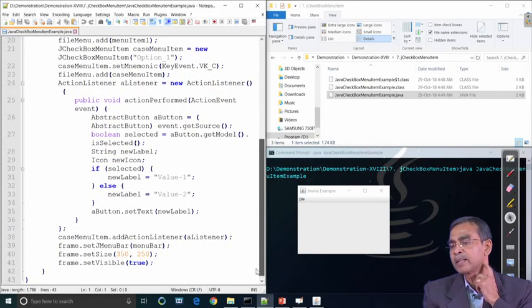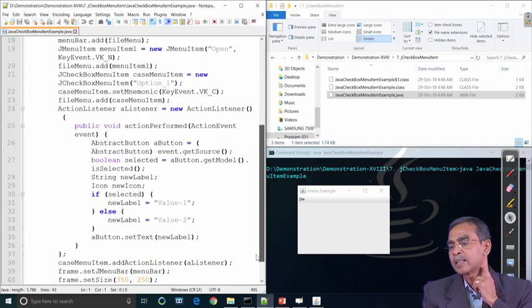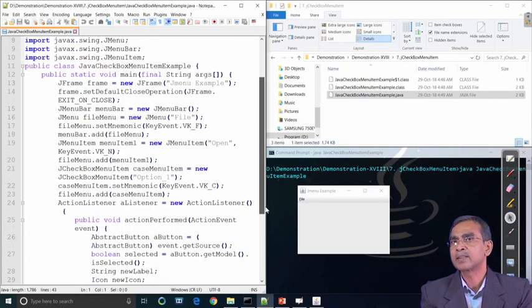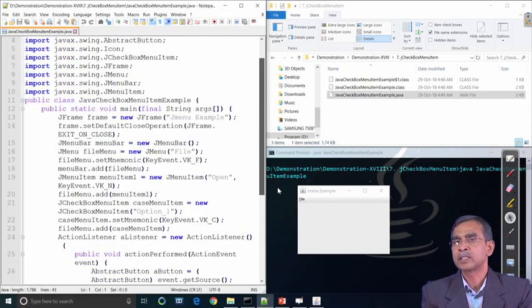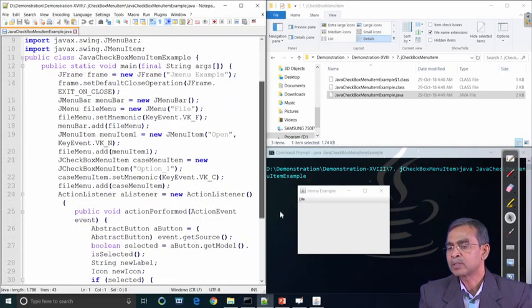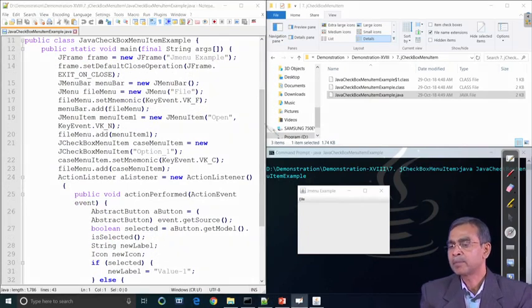Now, this code is a little bit involved, but we can go through and understand it. The event needs to be handled, because it is related to the event associated with this item. Without the event, it will not give that kind of flavor. As you see, the program includes a frame, and the frame includes the default close operation method, which is defined in the frame class itself.